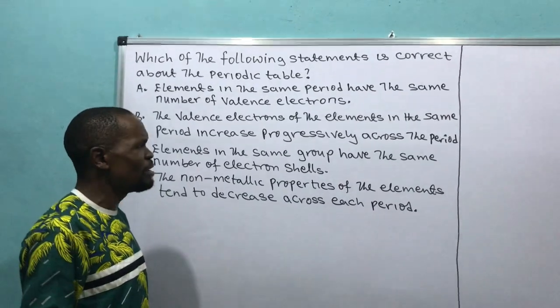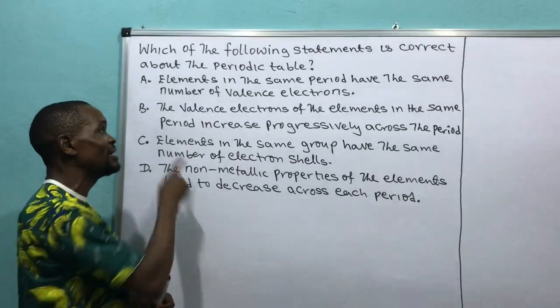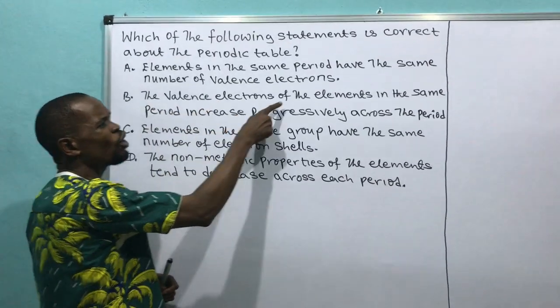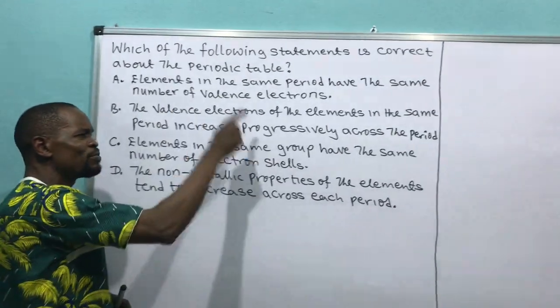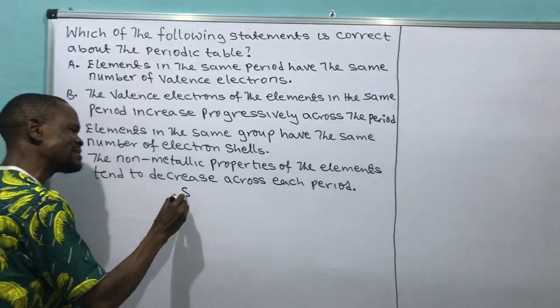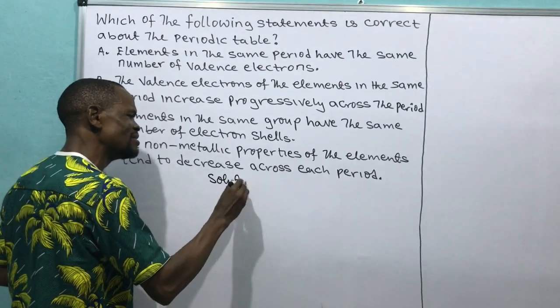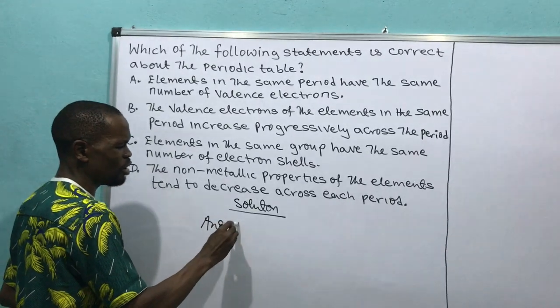As we have studied in the properties of the periodic table, we find from that property that the valency electron of the elements in the same period increases progressively across the period. So our answer becomes option